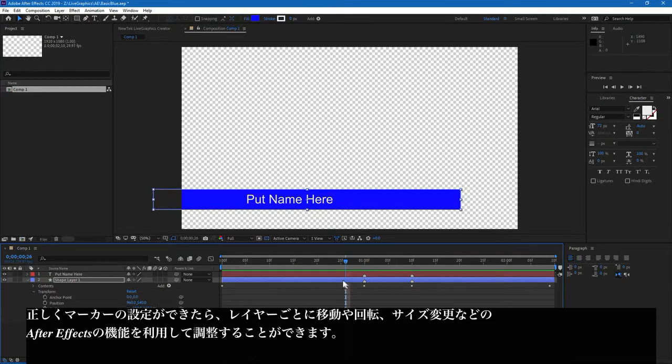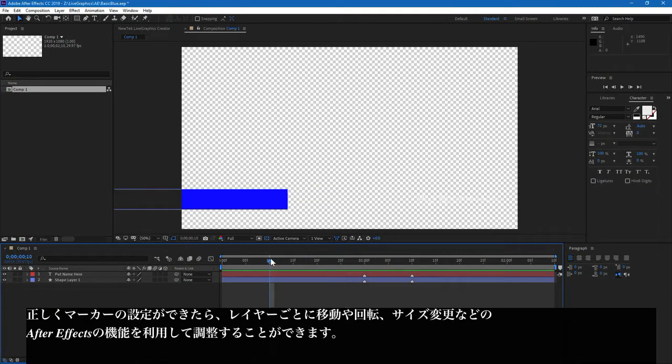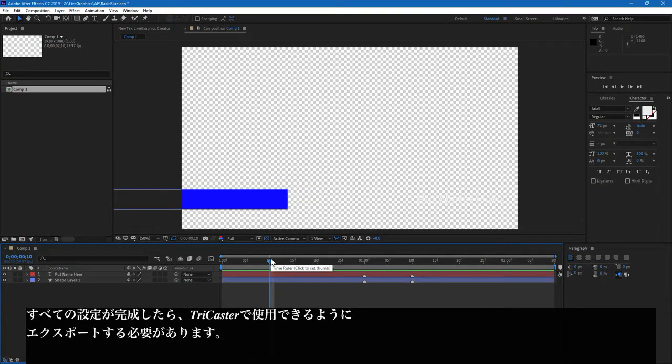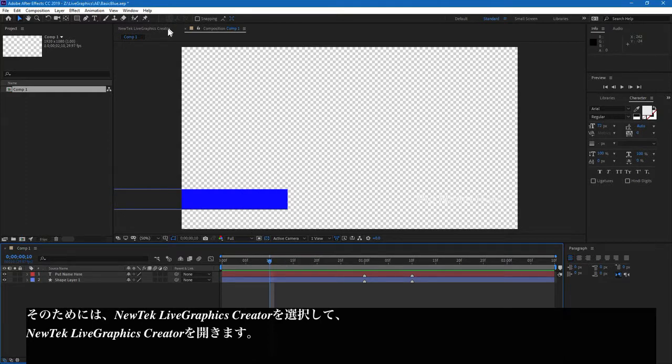If I go in here and select one of these layers, it's just the transforms of the positioner tools, and that could be scaling, rotation, any of the tools that you find in here. All right, so all of that's just been set. Then to export this out as an animation I can use in the TriCaster, we're going to go